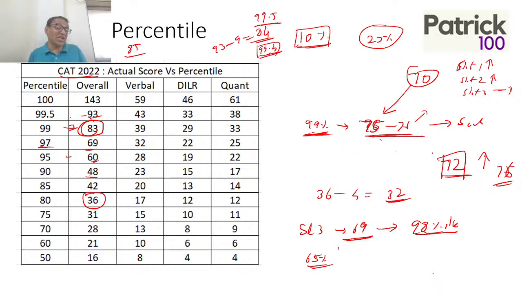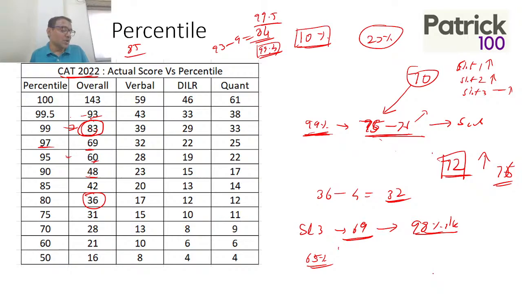Vishal, slot 1, 78, can go to 99.3 or 99, around that, 99.2, 99.3. That's how you can go. And if I look at slot 2, 42, slot 2, 42 can again go to around 92 percentile. Okay. Slot 2, 72 will easily cross 99 percentile. It can cross 99 percentile. So yeah, possible to cross a 99. Possible. I'm not saying yes, but I'm saying possible, right?